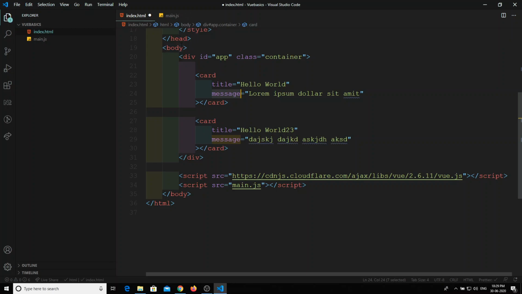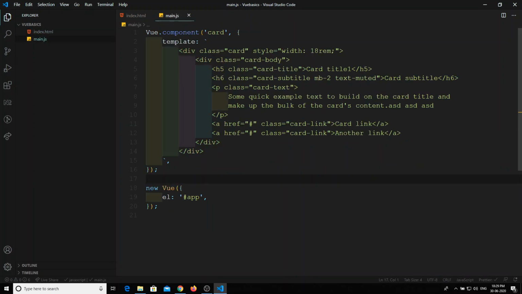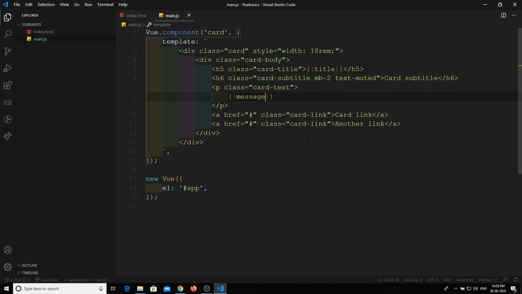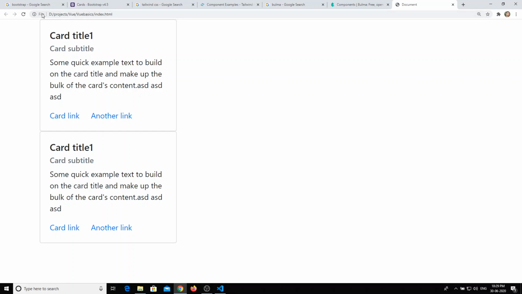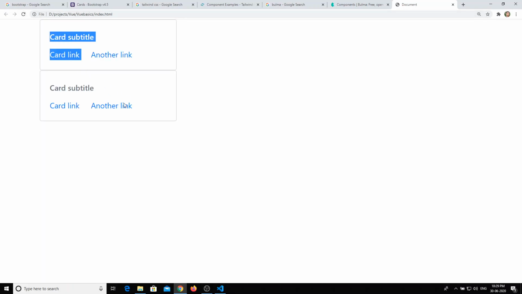Okay, now we will go to the component, and in the place of title we are sending the data, right? So we will use title directly, and for the message we will use the message. Whatever title you are sending to this component, use that here, and whatever message you are trying to send, use this here. Okay, now I will try to refresh the code. See, we are not able to see the output.